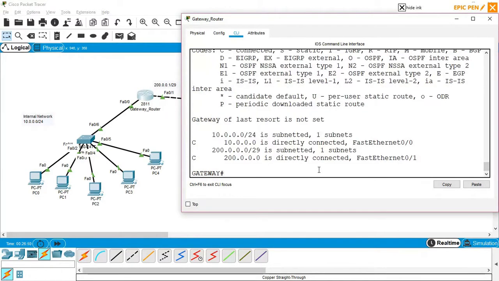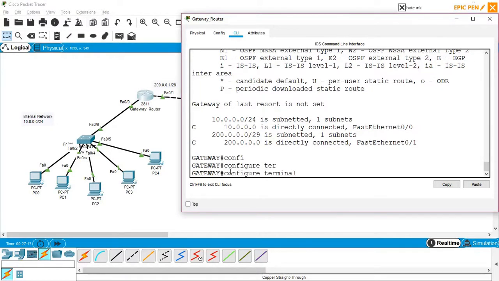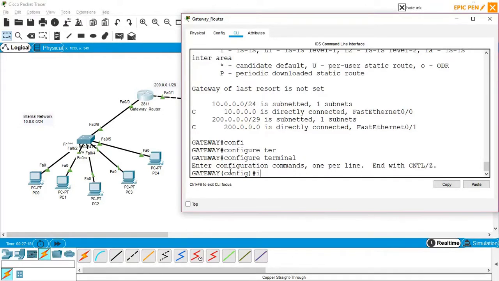If I look at the routing table, I can see that there are two networks. He knows about two networks. One is the 10 network, which is on 0/0, and the 200 network, which is on 0/1. He doesn't know about those networks like Yahoo and Google, and he doesn't have a default route either. So what I will do here is give a static default route pointing towards the service provider. I'll go to the configuration mode